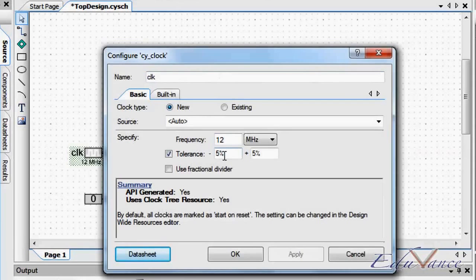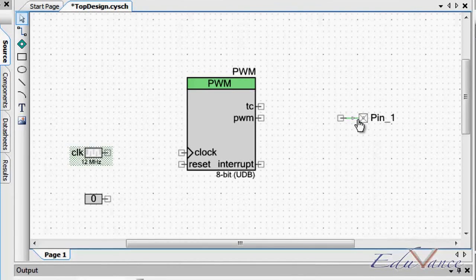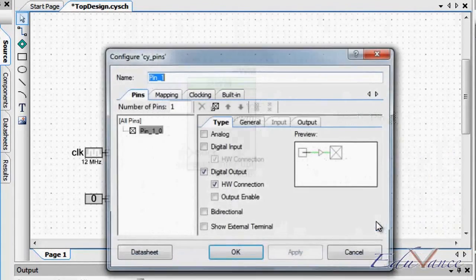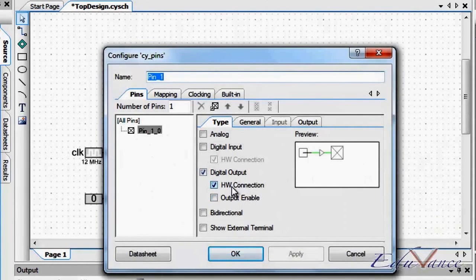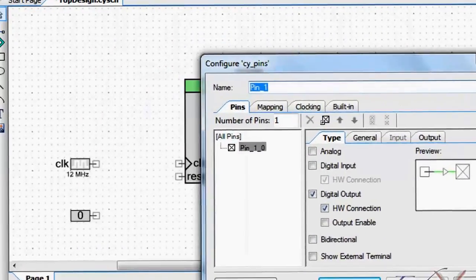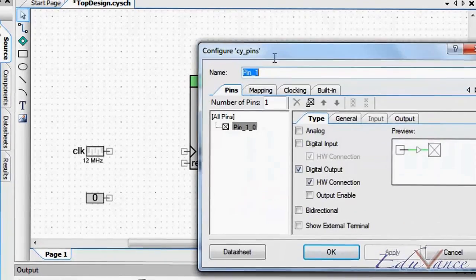We will keep this at 12 megahertz. Go ahead and click on OK. Now, if you remember, I said that an output pin can be controlled either using a microcontroller, which is the software component, or you could program it using a hardware connection. Now, since the output of this digital pin is governed by my PWM,